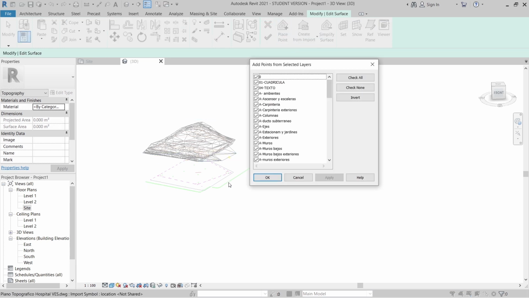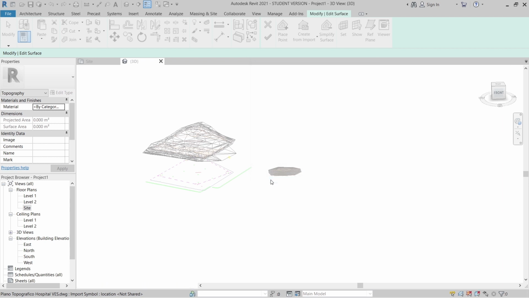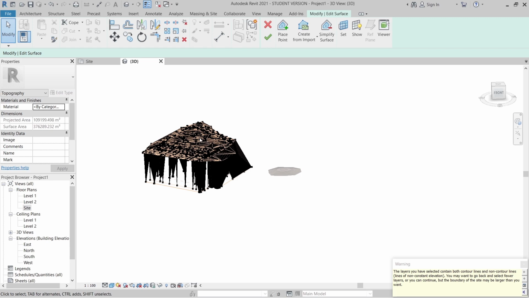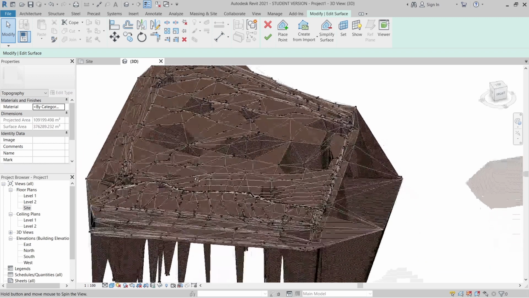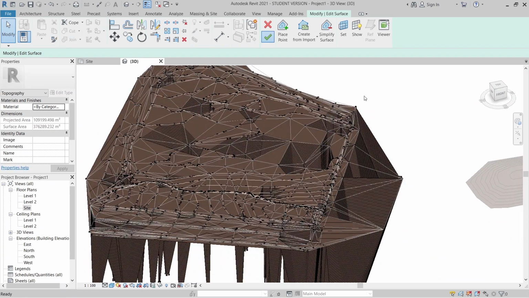I just select my file here. Then of course I will just untick all except level 0. The points here are from the layer that they indicated in AutoCAD. So I'm going to just hit OK. Once I select that, Revit will be generating here as you can see. Then I can just hit finish.